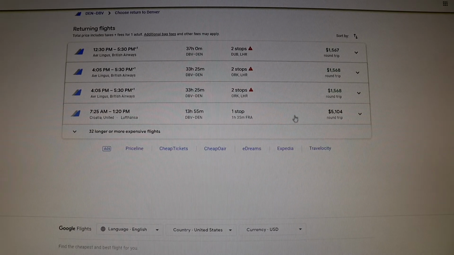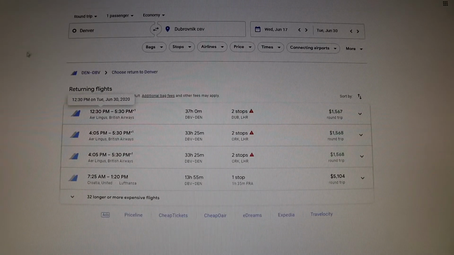But as I see here, my return trips are not that great. They're all very long. They each have 2 layovers, and if I want a trip back that only has 1 layover, it goes up to $5,000. So this is why I think it's best to play around with Google Flights. Maybe I can decide if my